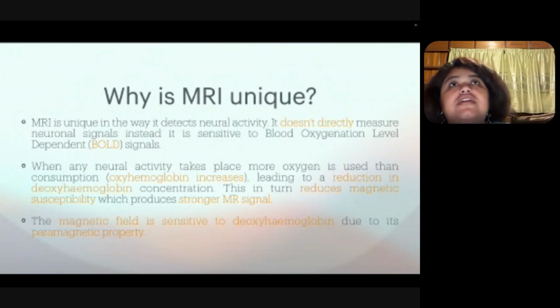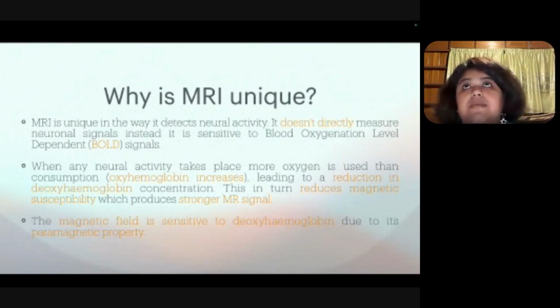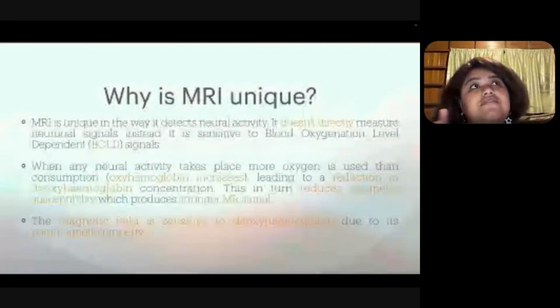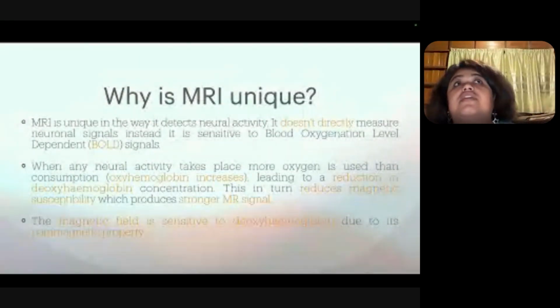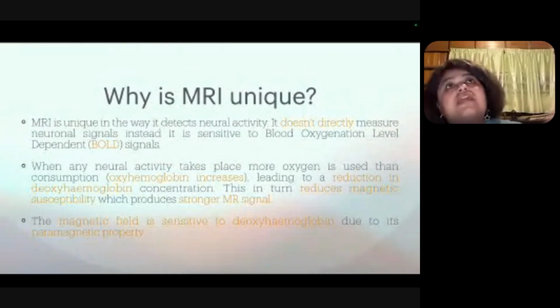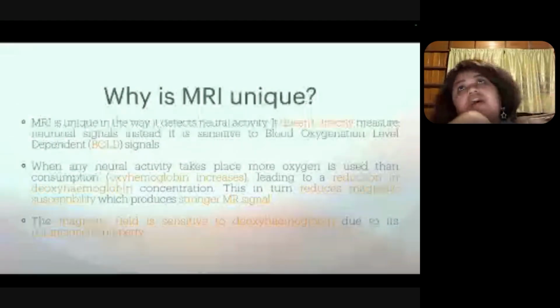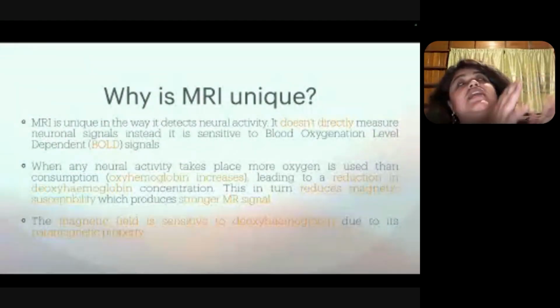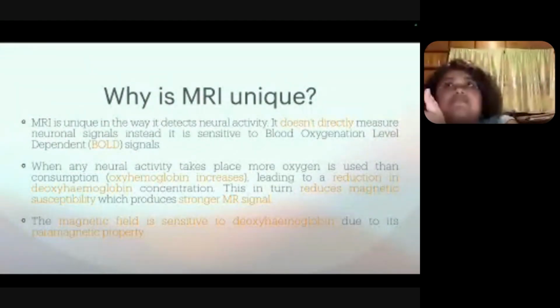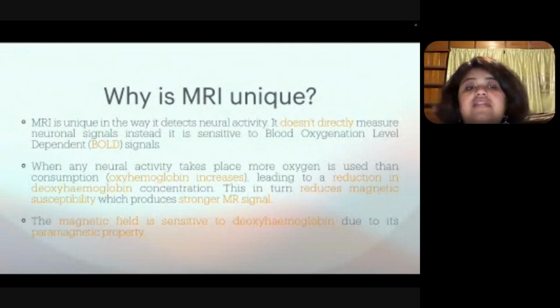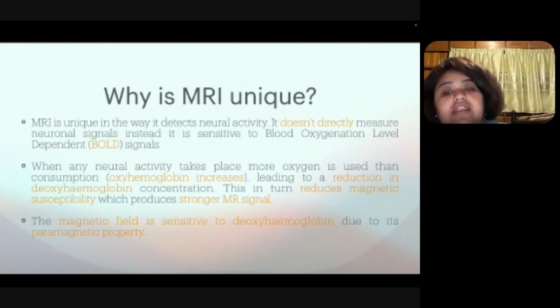Why is there magnetic susceptibility? Because the MRI machine is working on a strong magnetic field, and that magnetic field is not always constant. It's a strong field, but inside the field there are variations. At T0 it can be a certain value of the magnetic field, but at a different time, like at T15, that magnetic field strength may have changed. So because of that, there is a magnetic susceptibility which also generates eddy current inside the machine.